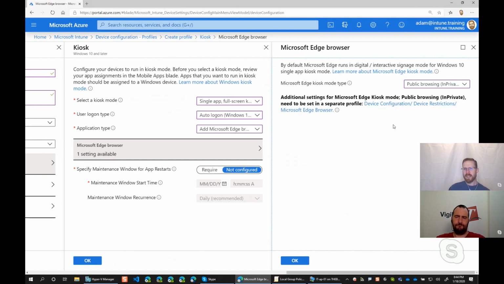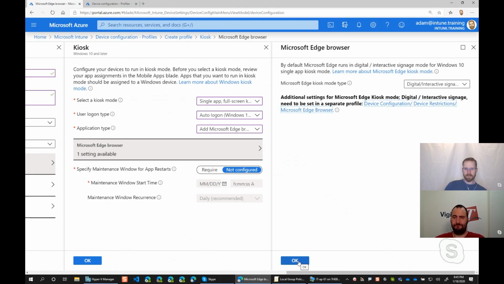Exactly. And if you're looking at kiosks, you probably understand all the applications for doing kiosks, but hey, talking through it, and you can learn about more here. So what we're going to do is we're going to change it back to digital signage. And the important thing to note there is, look, there's additional settings you can go and set under the device configuration, device restriction, Microsoft Edge browser, as well as, because it's not listed there, but because it's the new version of Microsoft Edge, you can also leverage the ADMX backed policies and set your own configurations there,